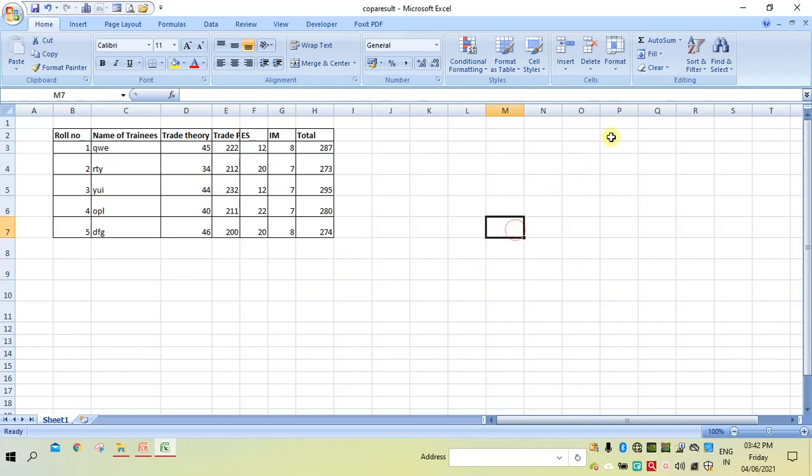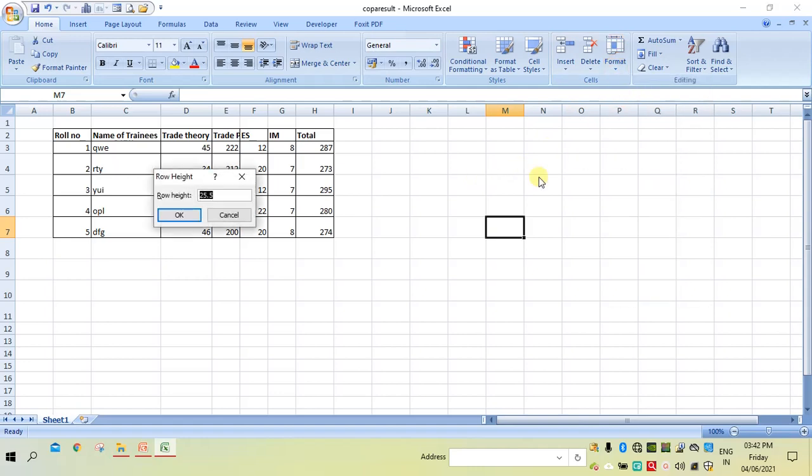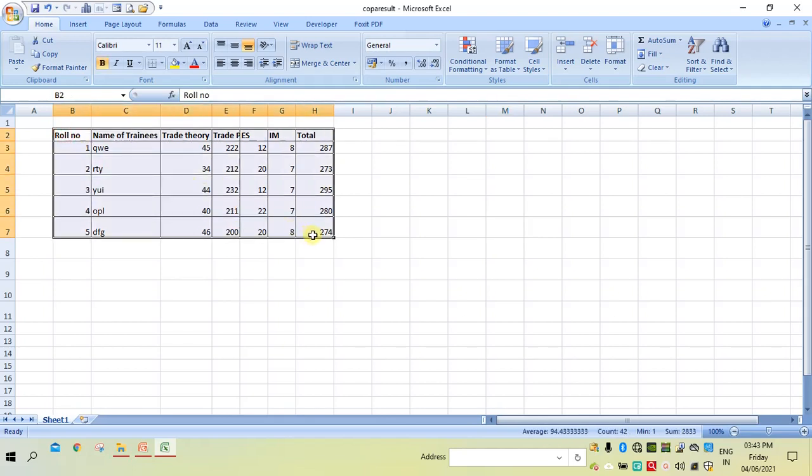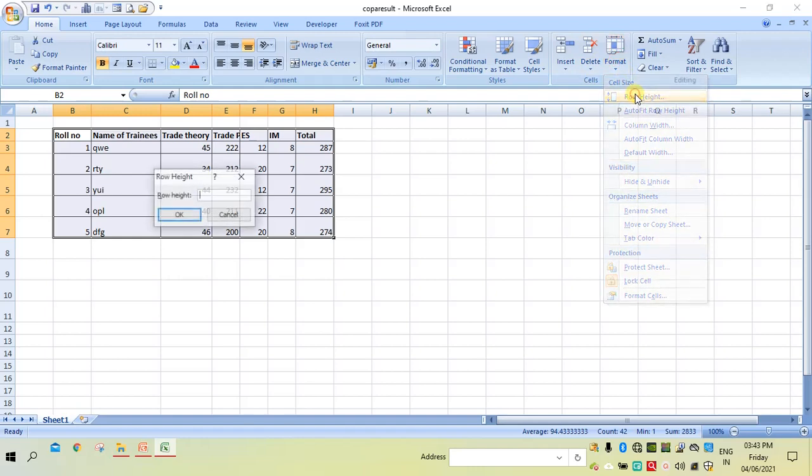Another way is you can go here and click this for row height. It is asking how much height you want. For example, I select this entire table and then go here. It is asking for the row height value.